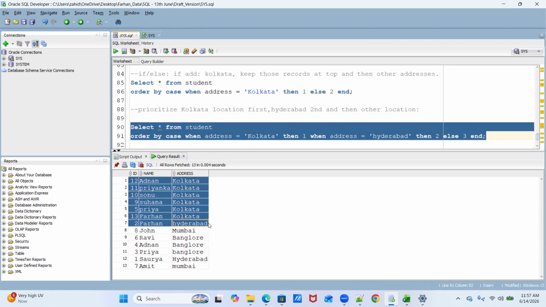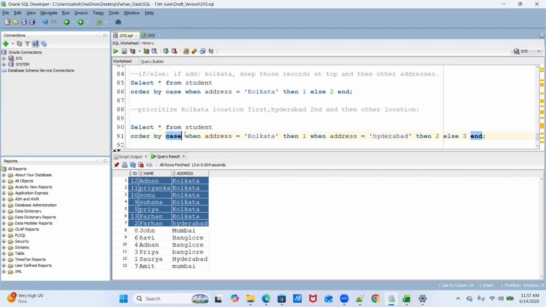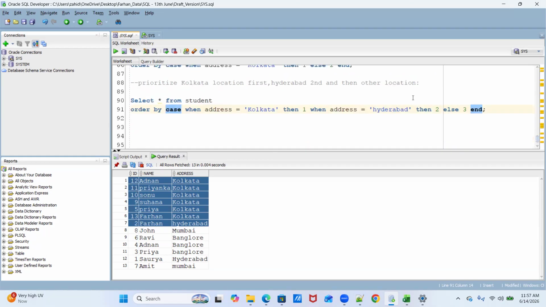Okay. Now again you'll say that okay, we have two records with Hyderabad. Why only one came after Kolkata? This concept I have already explained. Can anyone come and tell me, explain to me what modifications I have to make over here? Then we'll get to the exact requirement, whatever we are trying to achieve over here.